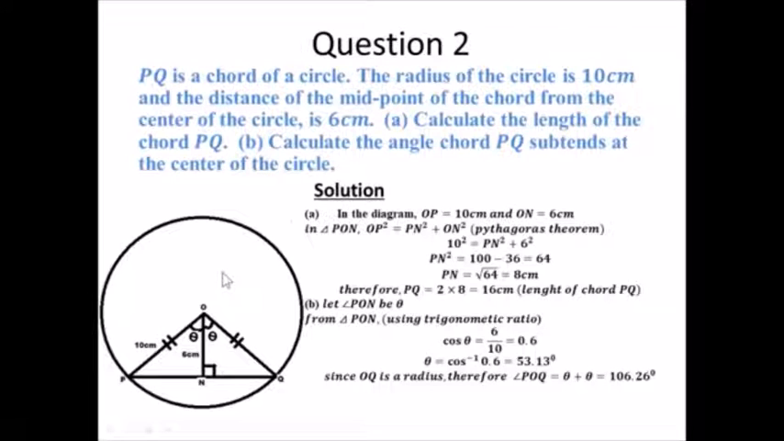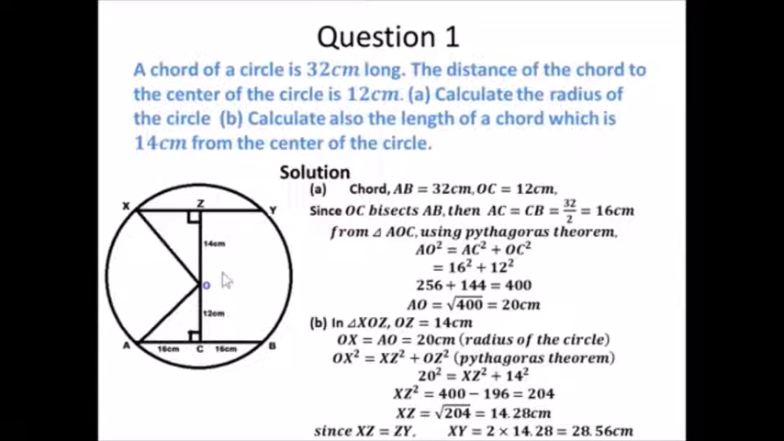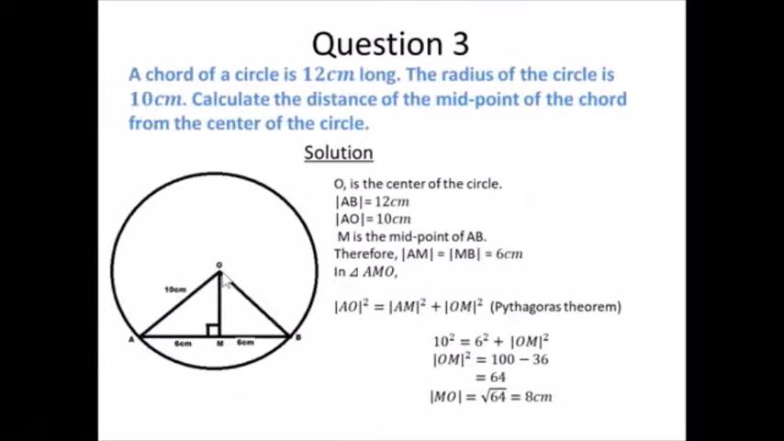So in this second question, we were given 6 centimeter. In this one as well, we were given 12 centimeter and 14 centimeter for the two chords. But in this third question now, we are asked to find the distance of the chord from the center of the circle, which is our OM. Since we are given the radius, which is 10 centimeter, and we are given the length of the chord to be 12 centimeter, with the